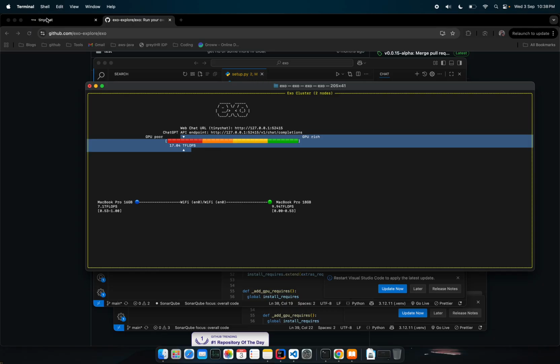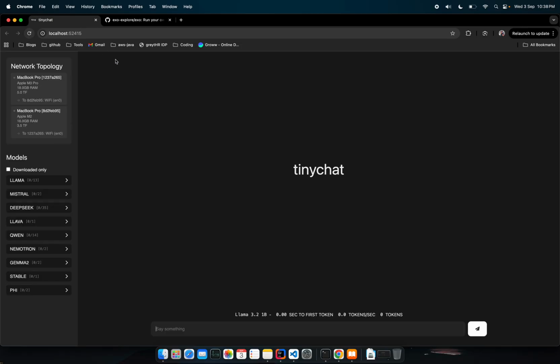so we might need more machines to create a strong or GPU-rich cluster to run LLM models. And also if I go to this URL and refresh, you can see I have this network topology and I have two nodes